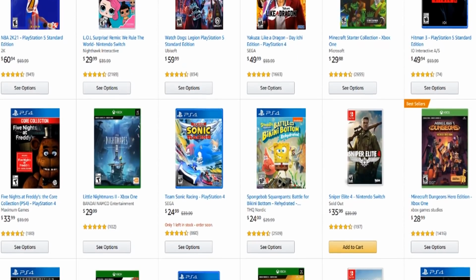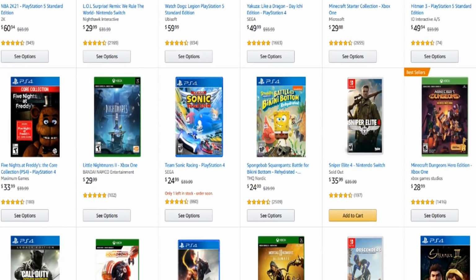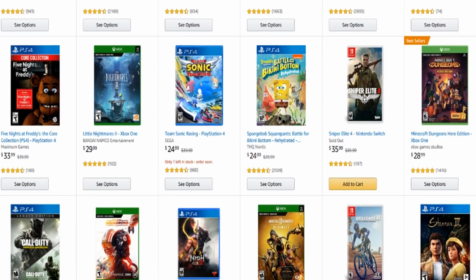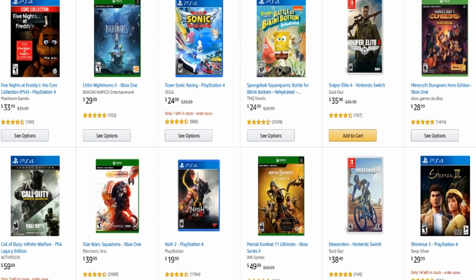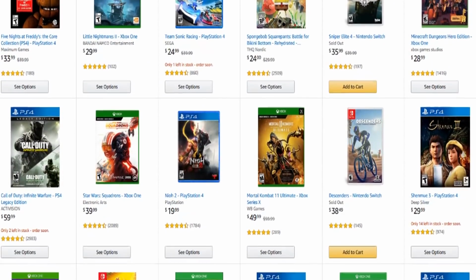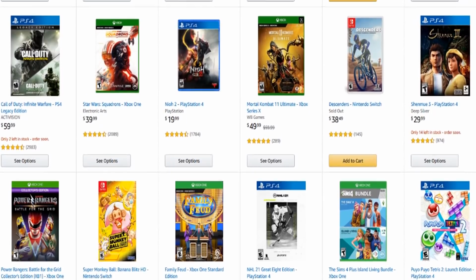Team Sonic Racing is on here, and SpongeBob SquarePants Battle for Bikini Bottom. That actually low-key might be one of the better permutations you can pick up here: SpongeBob, Team Sonic Racing, and maybe like a Neo 2 or a Shenmue 3. That's not bad. And Final Fantasy XIV Shadowbringers is $34, so that's not bad either if you want to check that out. Planet Coaster's at $50 is kind of crazy, but nevertheless,